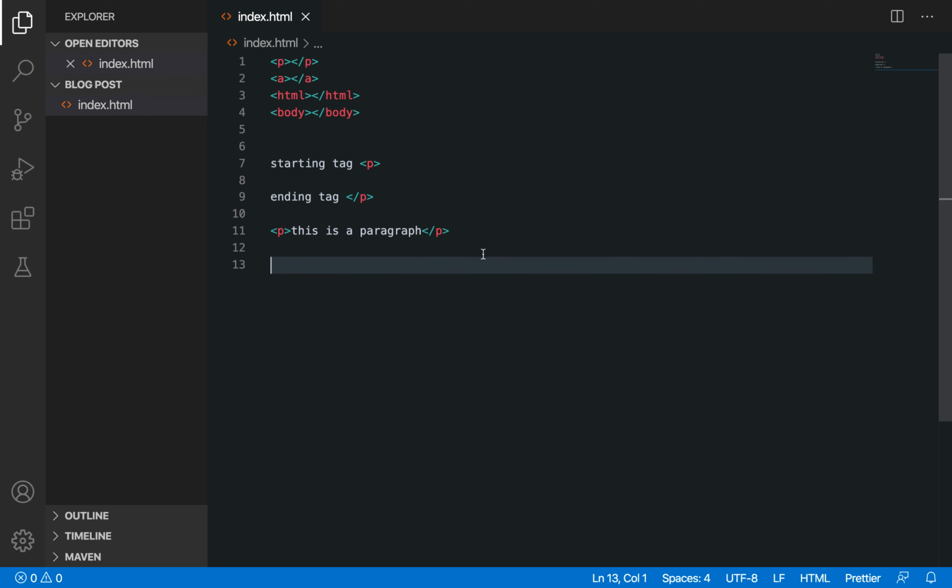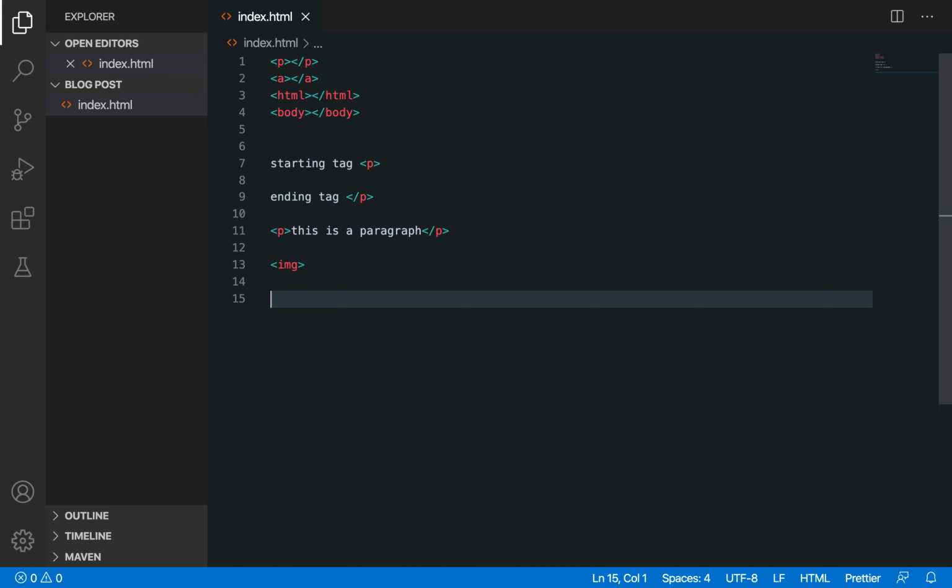But there are some tags which do not have an ending tag, they just have a starting tag. For example, my image tag, which is used to embed or represent images on your web page, doesn't have any closing tag. You just have to write the opening angle bracket, then img, and then the closing angle bracket, and that's it.